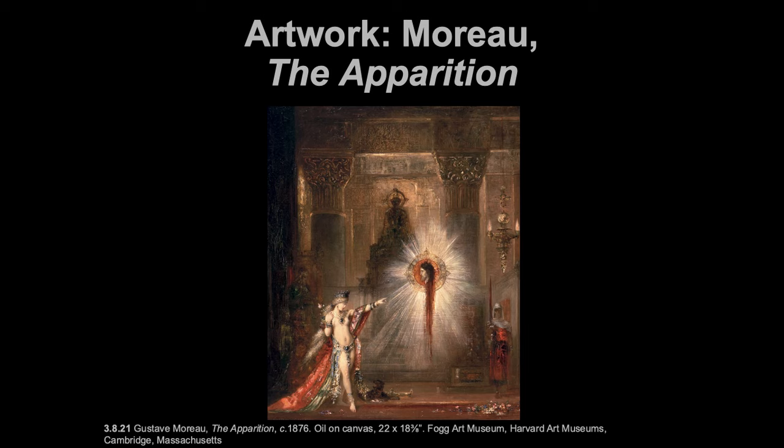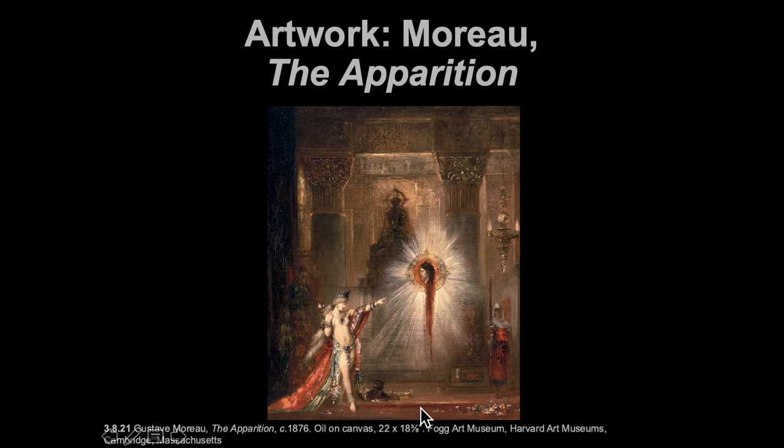So we get Gustave Moreau. This is called The Apparition, 1876, oil on canvas. This is Salome in the middle here. And this is John the Baptist. So this is a biblical story of the seductress Salome, and she, I believe, orders his head to be chopped off. There's a bloody sword from a soldier over here that perhaps did the chopping. The king is over here, or sorry, I believe that's here, and I think that's a shrine. The king's over here, beg your pardon.